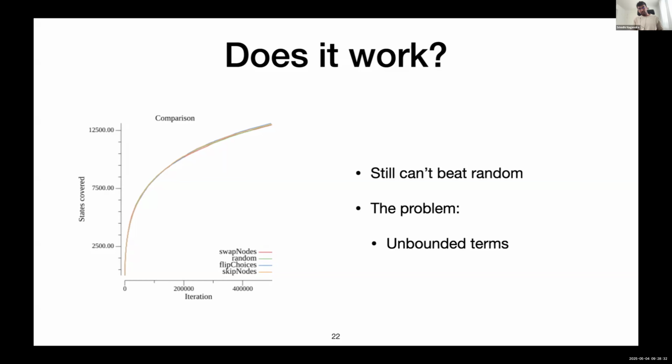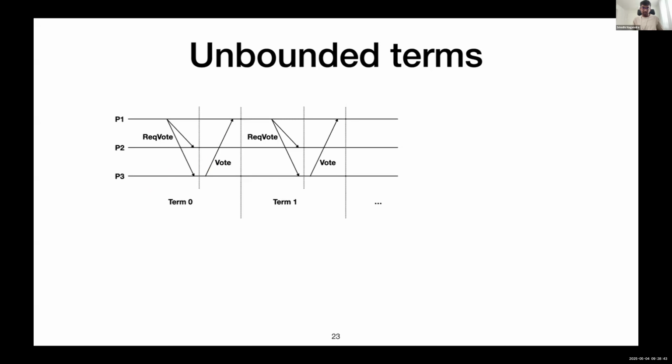And we discovered that the problem was something to do with Raft specifically. We were encountering this problem of unbounded terms. What do I mean? As I said earlier, a term is when processes elect a leader. So what random was doing is it was just crashing processes so that new leaders were elected over and over again. So it was skipping terms. You had term 0, term 1, and it was just getting to higher and higher terms. So this was able to get us to new states, but these new states are not interesting.